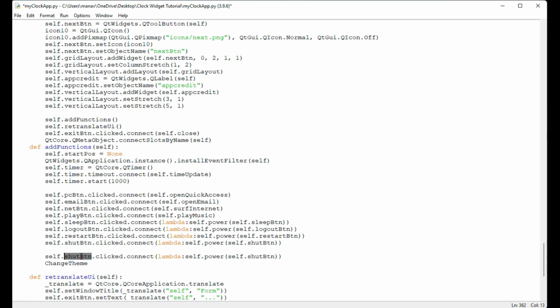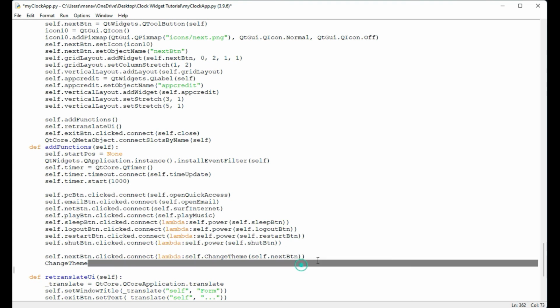So I'll use here first of all next button, okay, and I'll pass here change theme, and I'll pass the next button here.